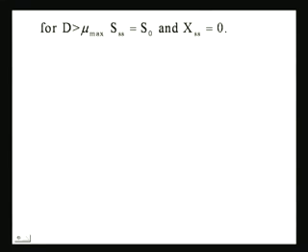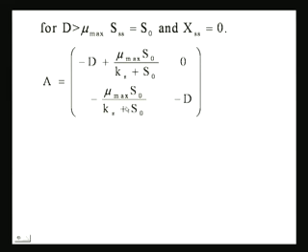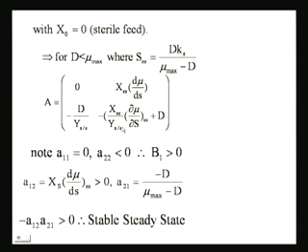Okay. So, this is my A matrix, with this term A11 being 0. So, all I need to do is prove that A22 is less than 0, because B1 is minus A22 now, and what else do I need? I need the negative of A12 times A21 to be greater than 0, or in other words A12 times A21 less